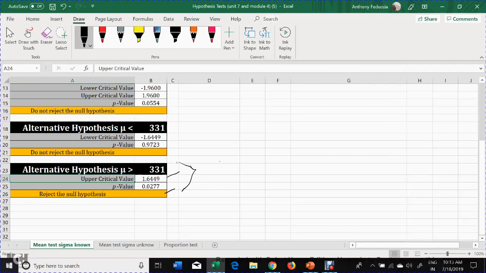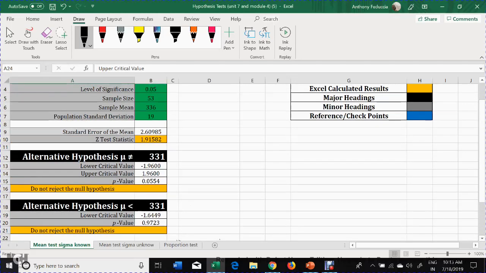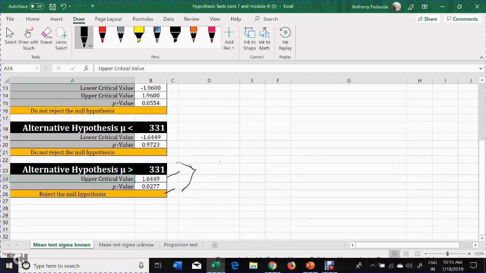Since our value from the test was 1.92, that is greater than the critical value 1.65, therefore we reject the null hypothesis. And remember, the reasoning behind that was this: if we plot the